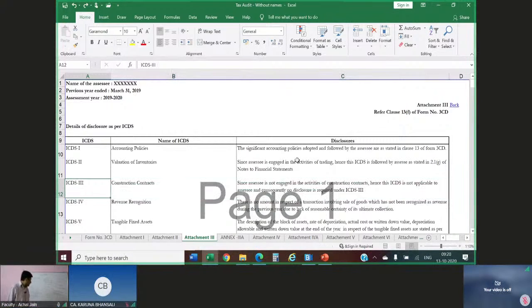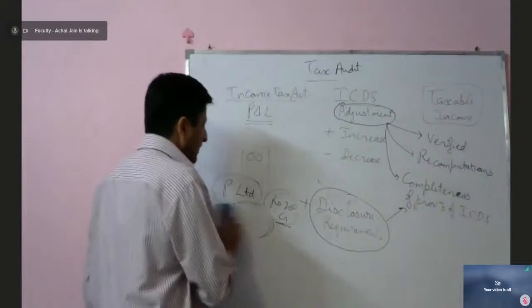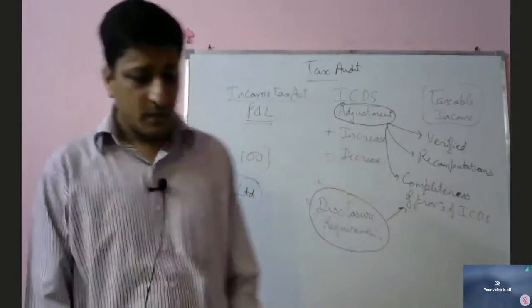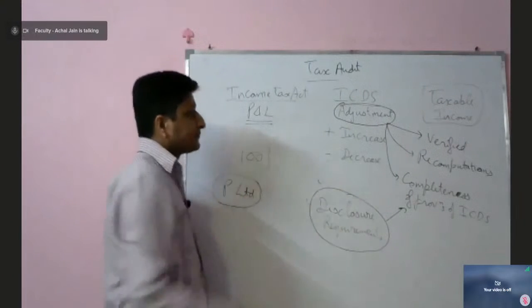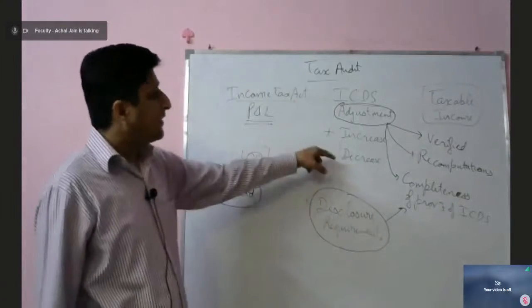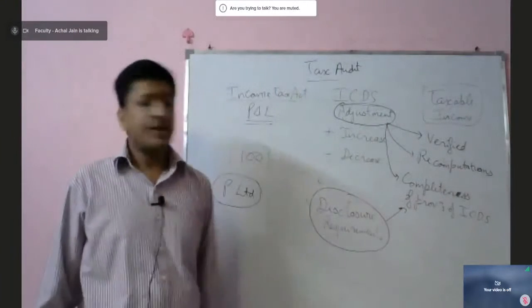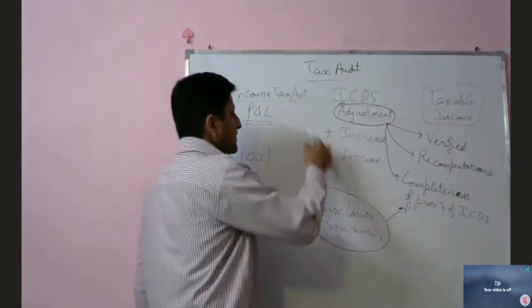Now moving back to our question. So we are coming back to this P limited once again. Let's suppose P limited doesn't have any adjustment. So in our case, we were getting an adjustment earlier. Let's suppose they don't have any adjustments. Now in case P limited is not having any adjustments, you understood the adjustments? What do we mean by adjustments? They will not mean passing of any accounting entry. They will mean adjustments which will be required later on when the income will be computed as per the tax norms. Now considering there are no adjustments, nil,